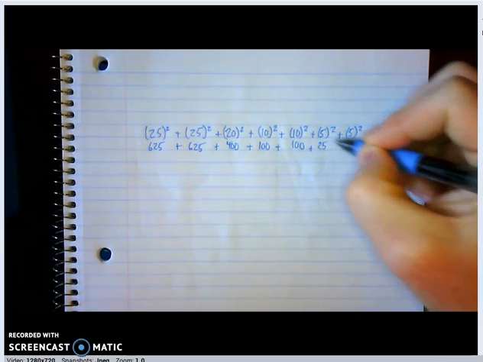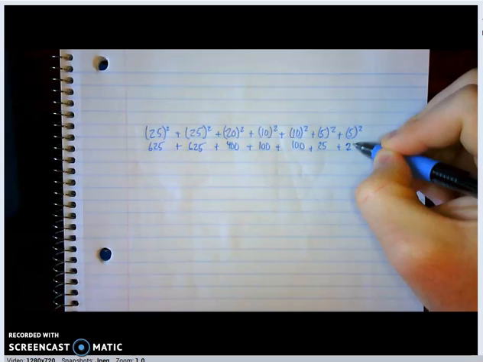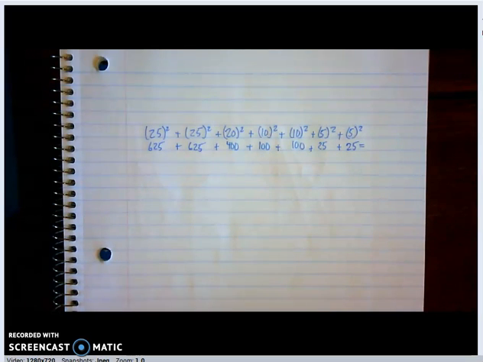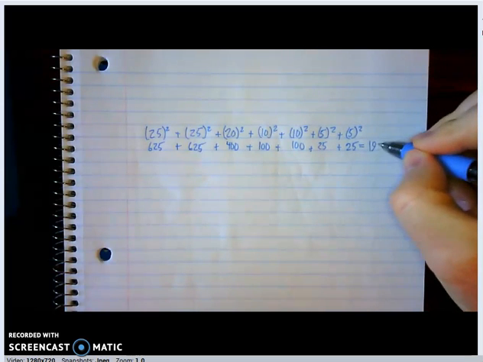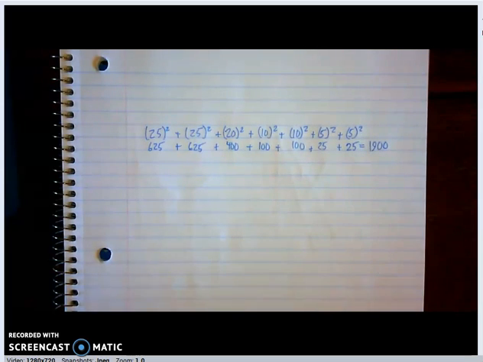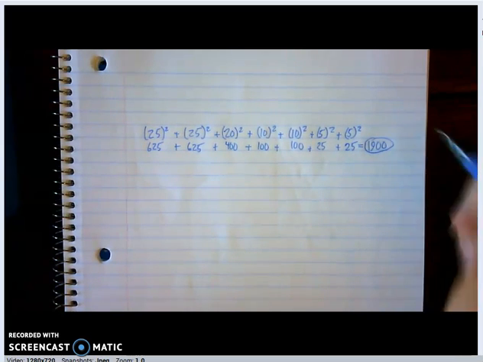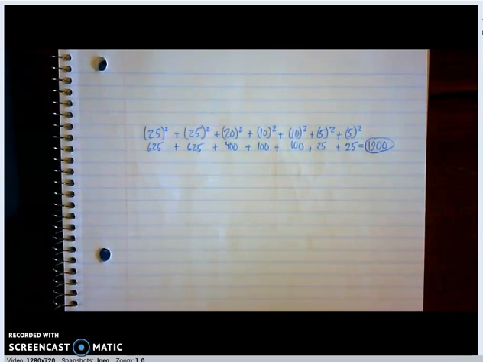plus 25 plus 25. Okay, so that's 625 plus 625 plus 400 plus 100 plus 100 plus 25 plus 25. So that's a total of 1900. That's the Herfindahl index for this market. Now let's say there's another market out there where the biggest